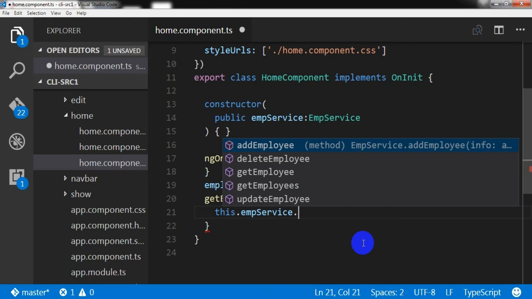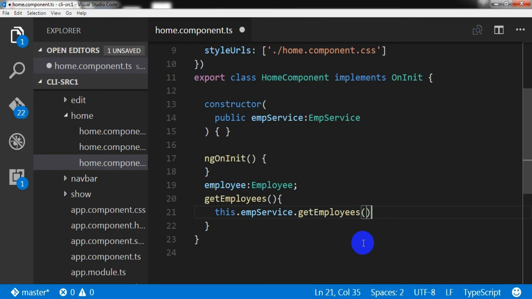That's why it is listing all of the methods that I created in that file. So here I am going to use the getEmployees method, and all of these listed methods I will use whenever necessary in different components to retrieve or to manipulate the data of our project. And we need to